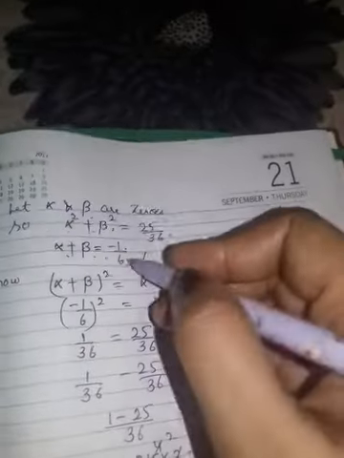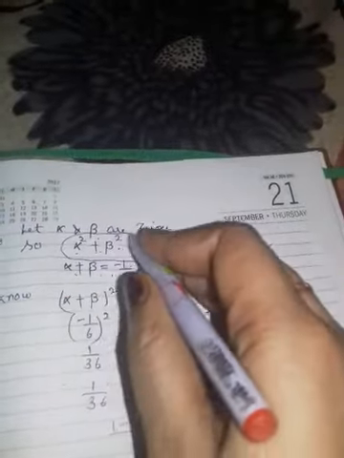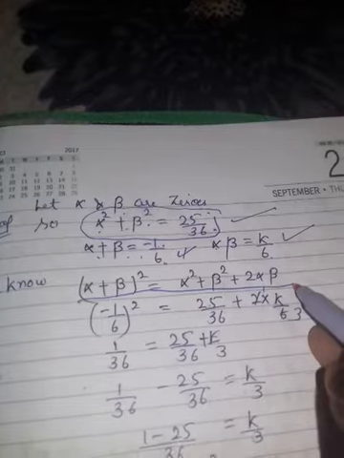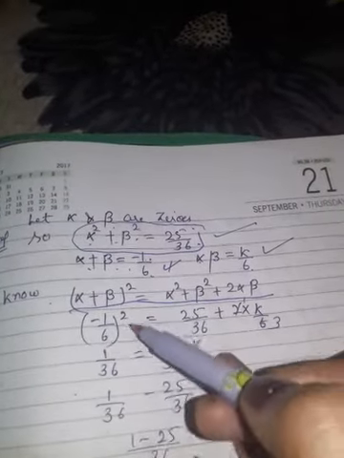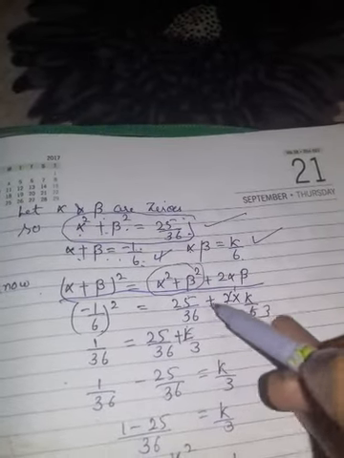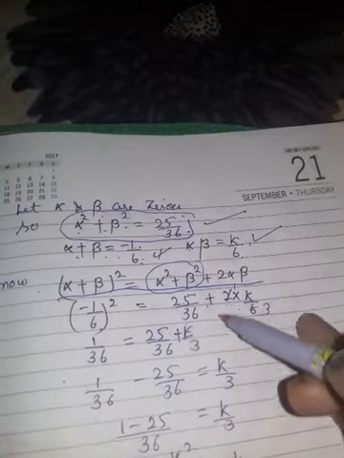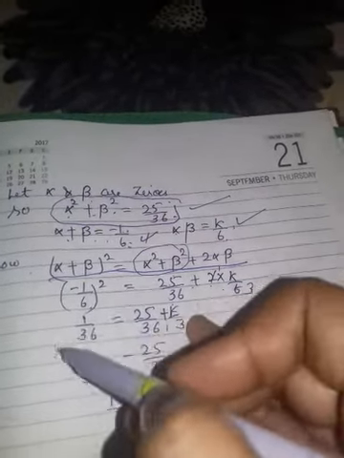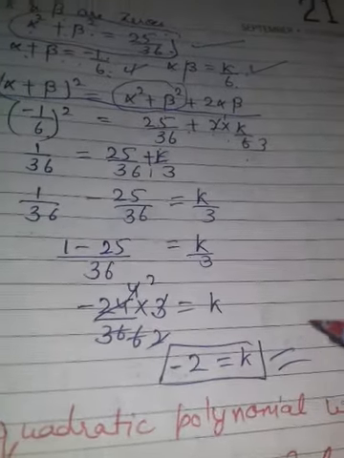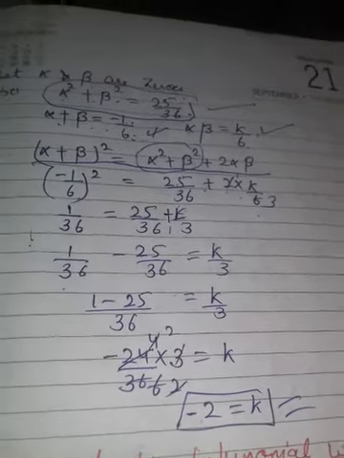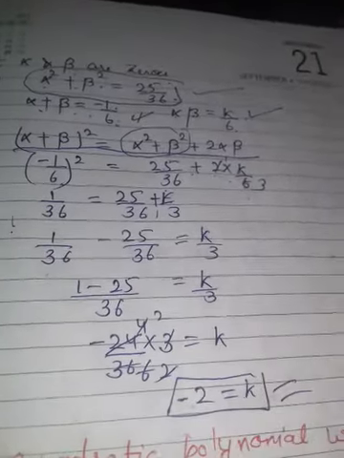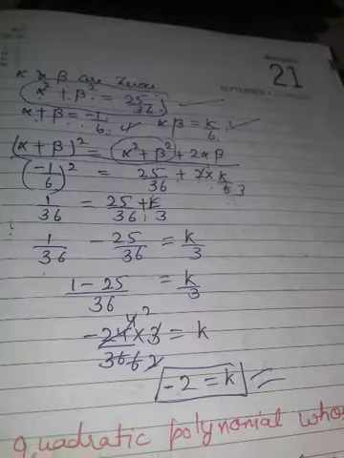Now this is given to you, the sum of the squares of their roots. You know this identity, I can write it. Now I am putting the values, I have this value and this value, plus 2 into this value which I also know. Now you will simplify, take it on the other side, take LCM and take it common, and you get k is equal to minus 2. So your main motive is to find the value of k by using these values. I used this identity, and only simplification you have to do.